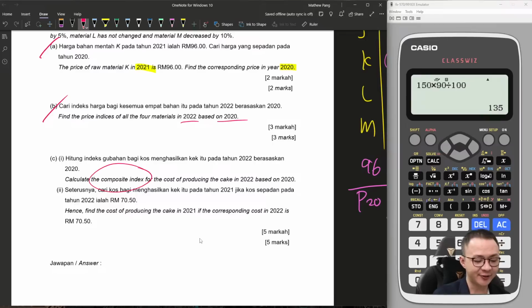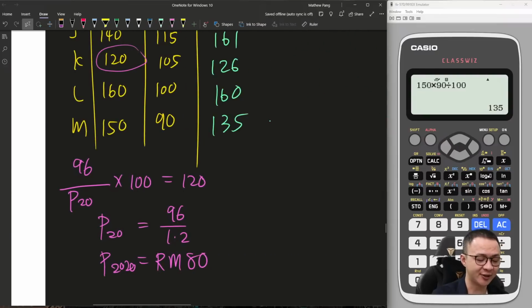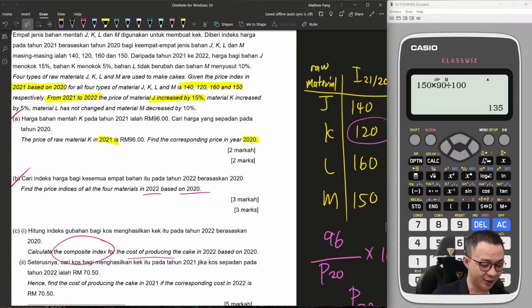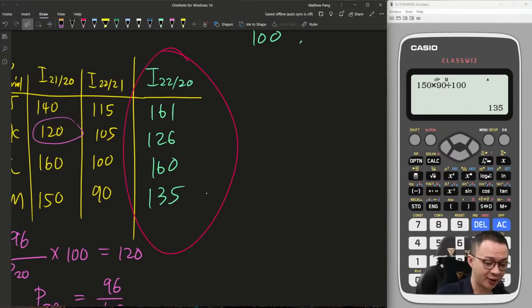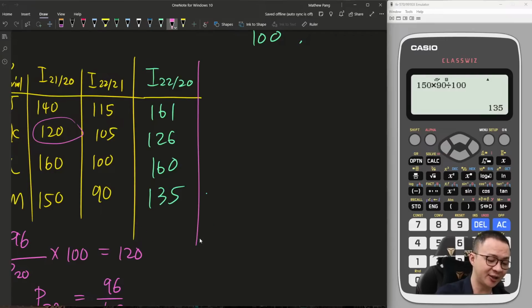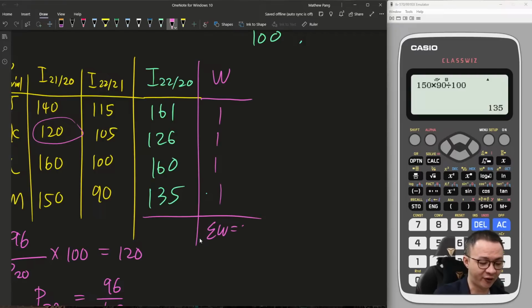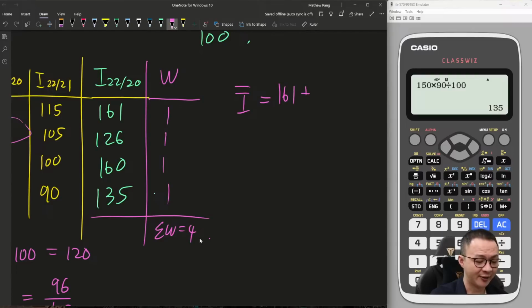Find the composite index for the cost of producing a cake. Basically, for this cake we need to use all 4 materials JKLM. So in this case, we need to do the composite index. They want the year 2022 based on 2020, so we use this one. Like I said, this one doesn't give you the weightage. If it doesn't give, I just assume 1 for each, meaning they are equal. So the sum of weightage will be 4. Everything times 1 is just 1, so it's 126 plus 160 plus 135